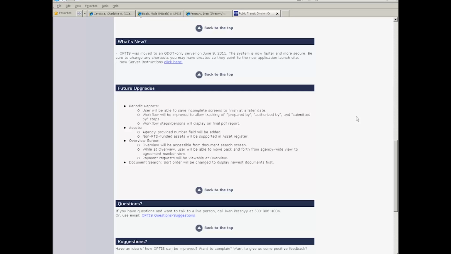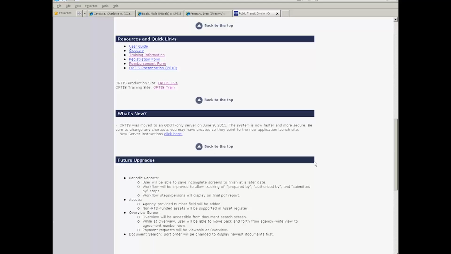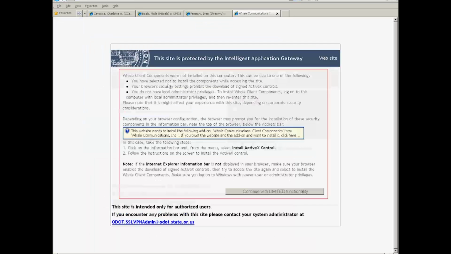Okay, so to get into production, you can go to our website, and if you can find it, it's right here, OPTIS Live. And you get this screen, which is required by ODOT, and this is the ODOT logo right here.